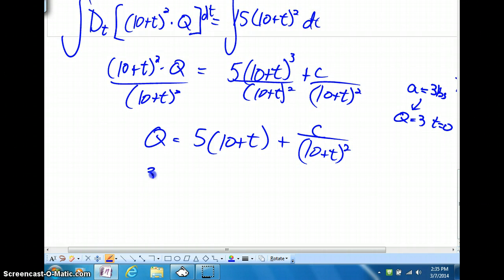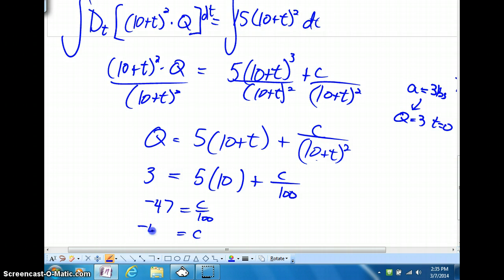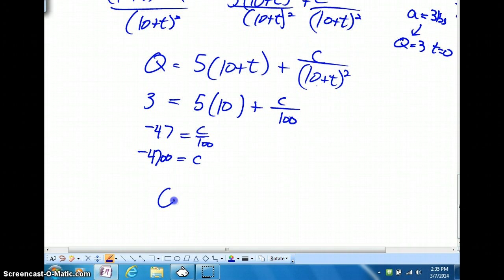Okay, q is equal to 3 when t is equal to 0. So let's plug that in. 3. Here's 5, and here's 10 plus 0. That's just a 10, of course. We can leave that. And then we've got c all over, well, if t is equal to 0, we get 10 squared. That's just 100. This is 3, and this is 50. Subtract 50, you get negative 47. And surprise, surprise, you get a rather large looking constant. But my goodness, here we go. If you want to distribute a 5